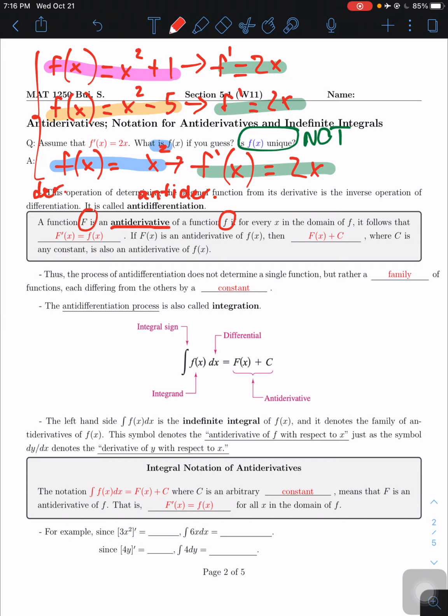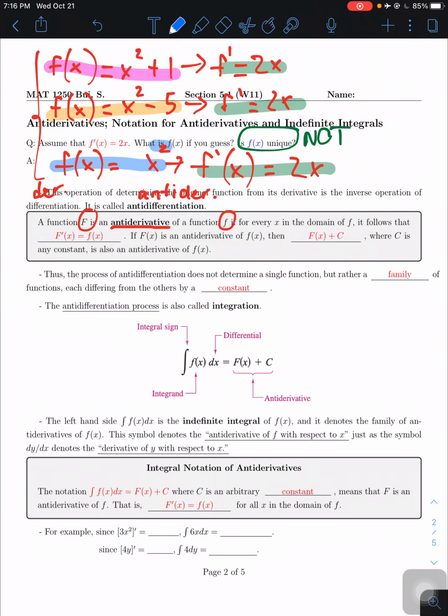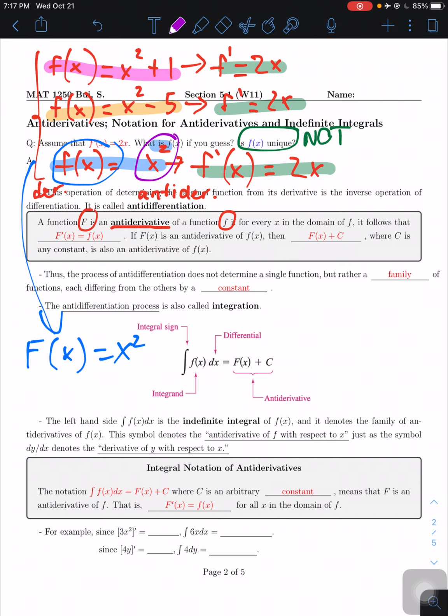It means that the original function, okay, how should I say this? Okay, let's talk about this example in here in blue. So if you notice, this in here is the big F. And then this in here, in purple, is a small f. How do I know that? How do I confirm that? Well, I know that